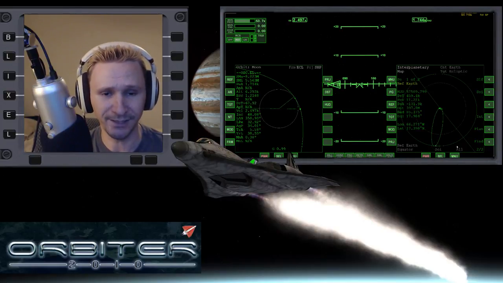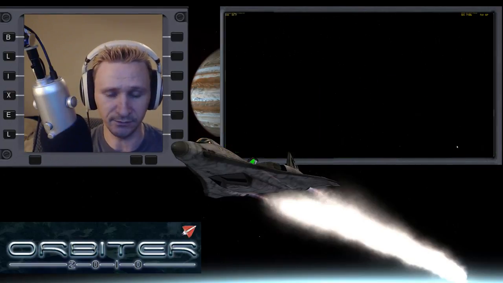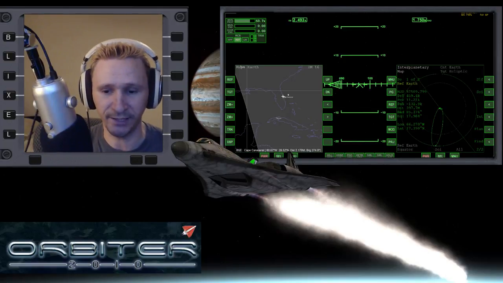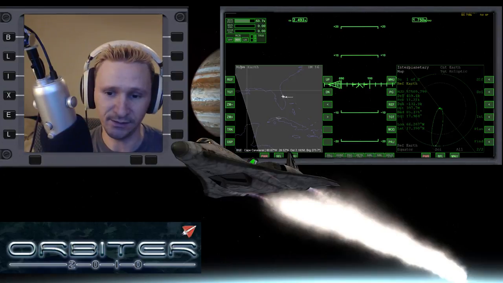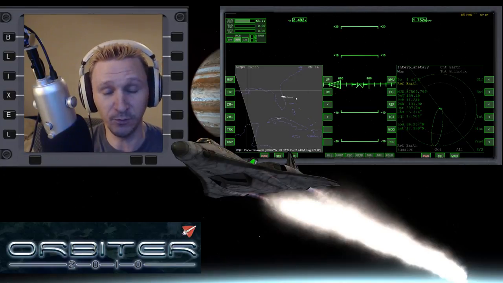Now, the particular details of that scenario in the description is that you're going to take this cargo back to Earth, but for my own accuracy's sake, just to see what will happen, I figure if I can dump it somewhere off the coast of Florida here, it'll be a little more satisfying on the